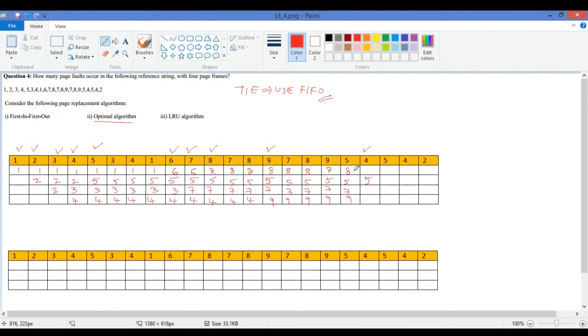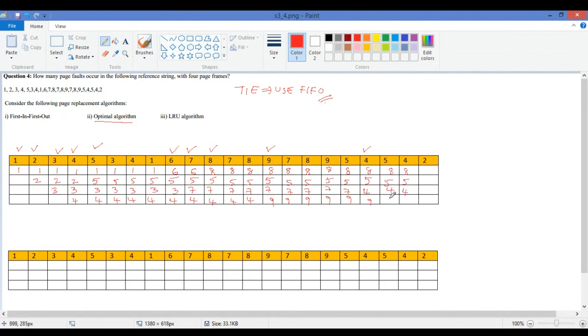So if FIFO, we have to check FIFO for 8, 7, and 9. 8 is this much bigger, and 7 is still bigger than 8. Bigger means it has stayed a longer time in main memory. So this is the candidate for replacement. 7 is the candidate for replacement. So 4 will come here. Meaning I will just copy. Again, 5, 4 already there. No page fault. So I just repeat this in the string.